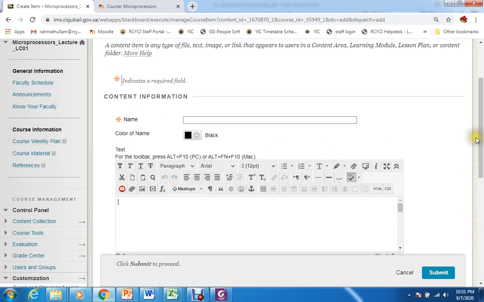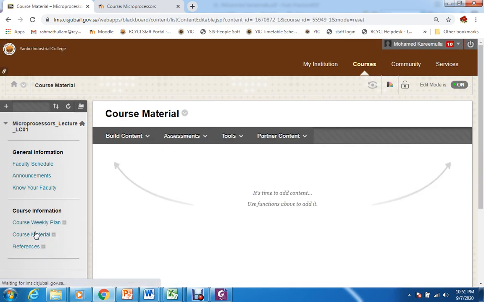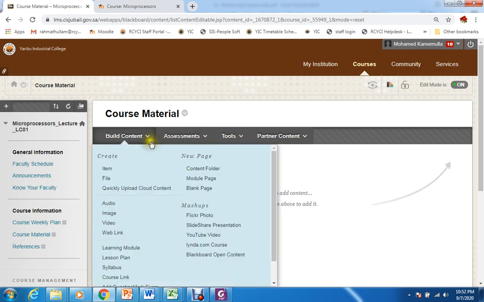Course material. Let's go to the course material. Now in this course material, we have so many things. Let's say, for example, you have slides, information sheets, some extra handouts or something like this. You want to make divisions and make folders inside this. You want to make it organized. You can upload everything here as a file or as an item, no problem. But if you want, you can make folders also.